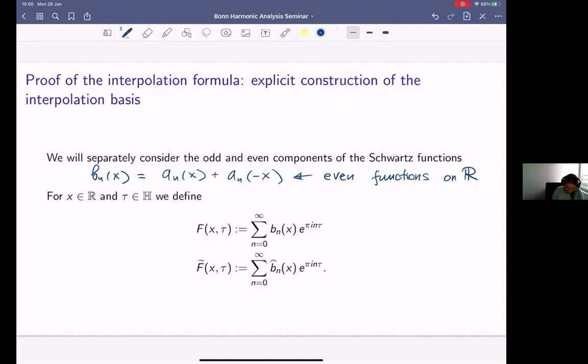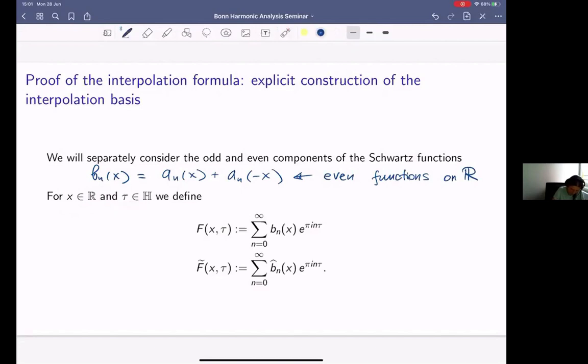And now for a fixed number x on the real line and a fixed number tau in the upper half plane,